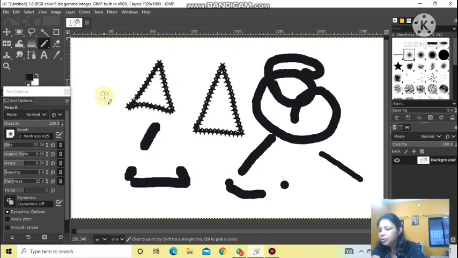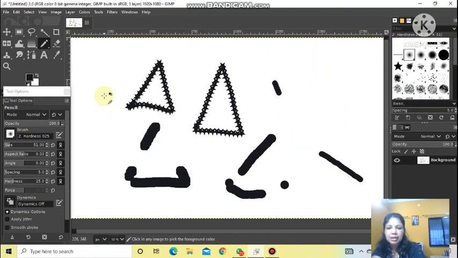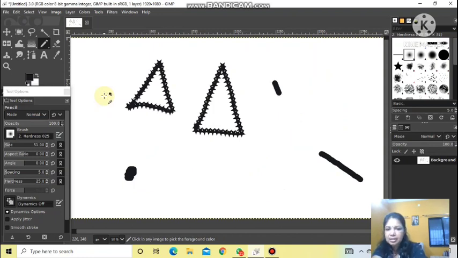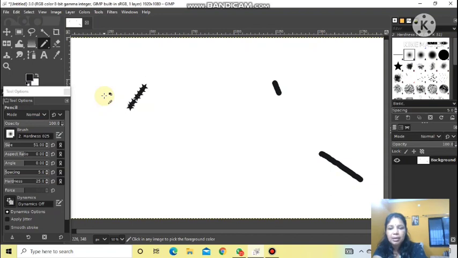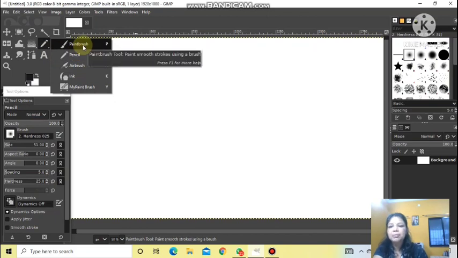Now here many styles are there. This which I did is brush style. Then size I had shown, then drawing angle, on which angle you want to draw, then hardness of the brush, force, various drawing dynamic options are there which can be selected and practiced. Then in the same way we can use paintbrush. Pencil was a little bit smoother, but paintbrush will not be. So choose paintbrush now, and the same type of options will appear for this also.